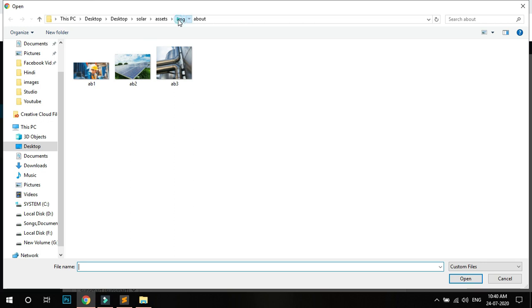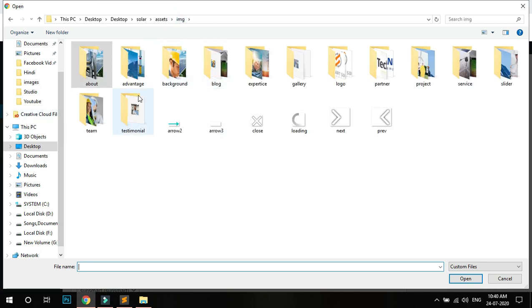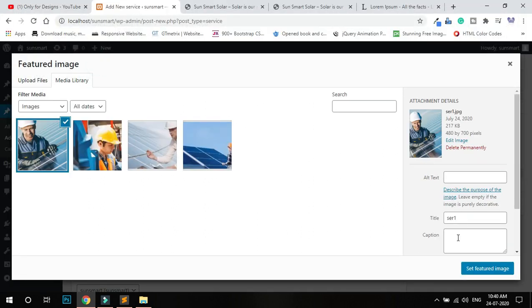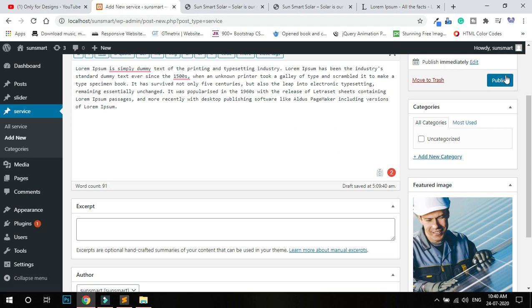Go to add the service image, services, this one, and publish.